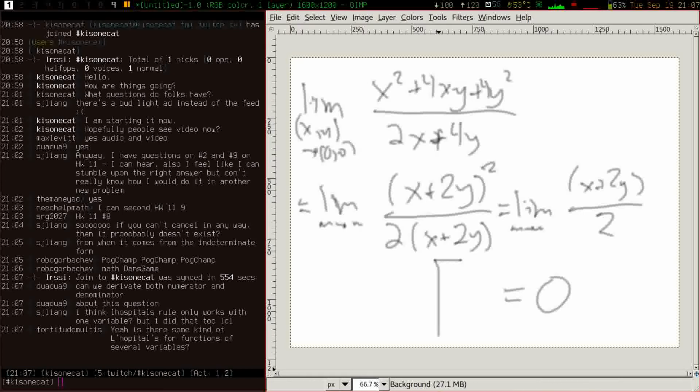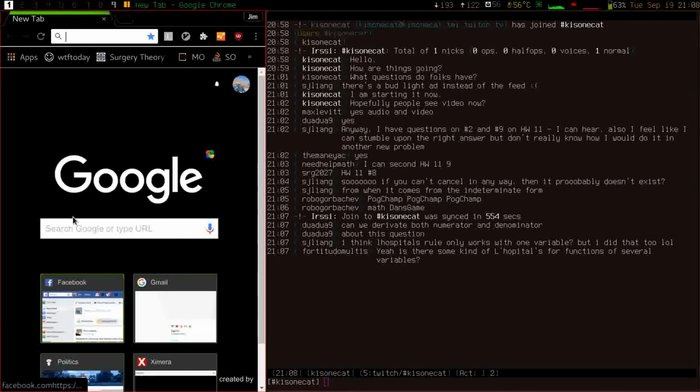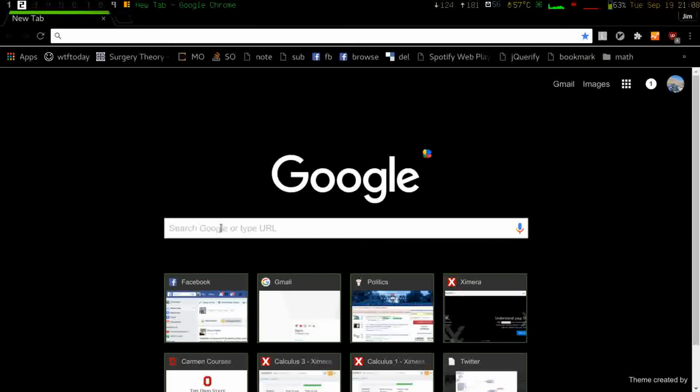Let me go back here and try to take a look at some of these other problems now. Oh, we got some more questions. You are wanting to do some differentiation and some kind of L'Hopital. I'm not sure I've really said as many horrible things about L'Hopital as I really feel in this course so far. But if you go to the internet and